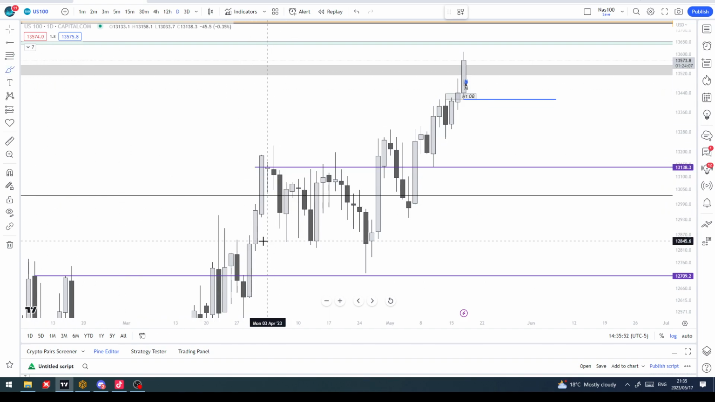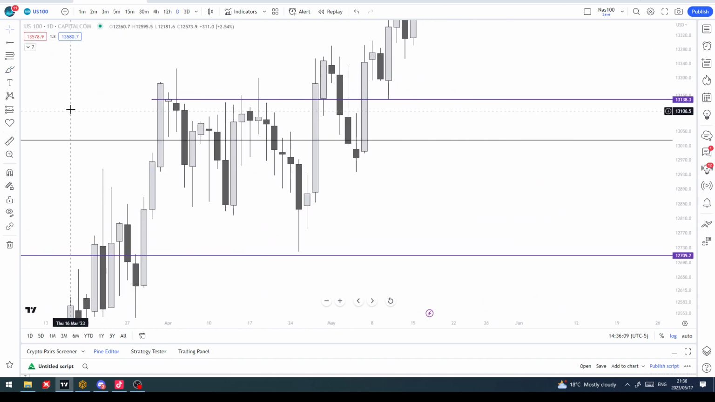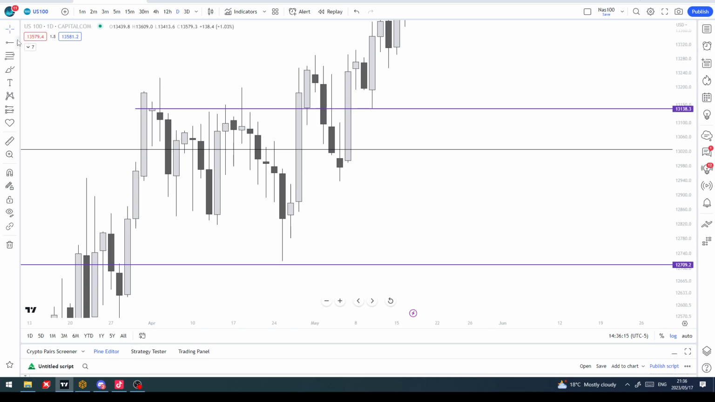Huge accumulation or reaccumulation range happening in here. Sell side taken first. Order block validated, right? This down candle,